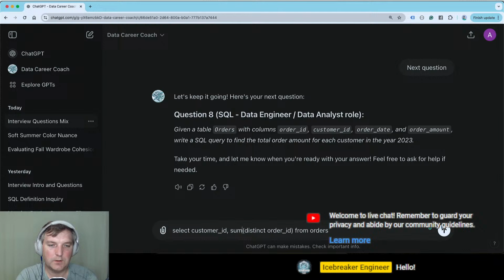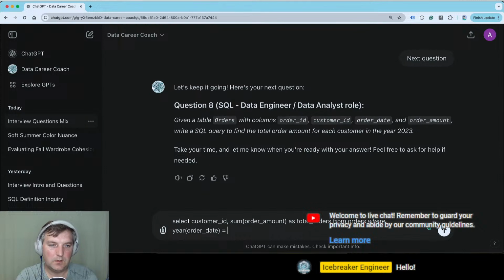Okay, sorry. So sum of order amount as total orders from orders where, for order date, let's use the function year, equals 2023, and group by 1 or customer ID.